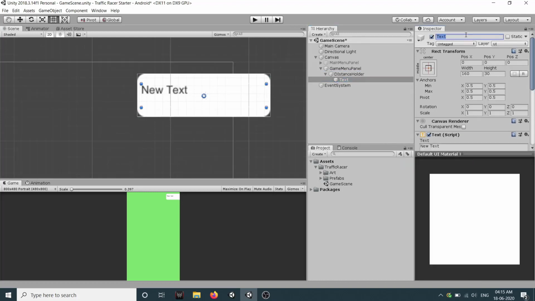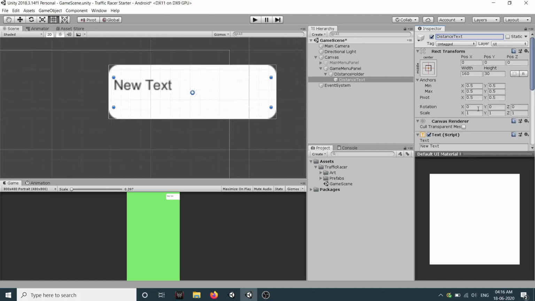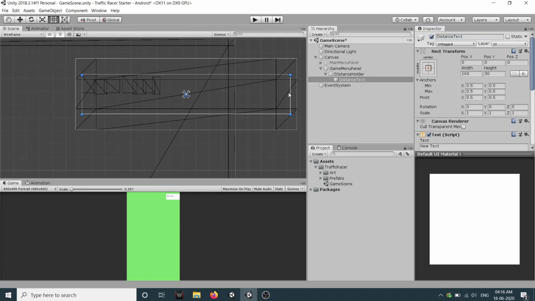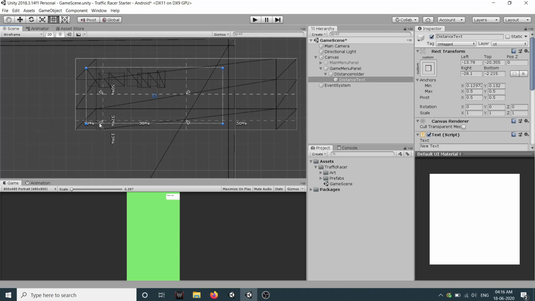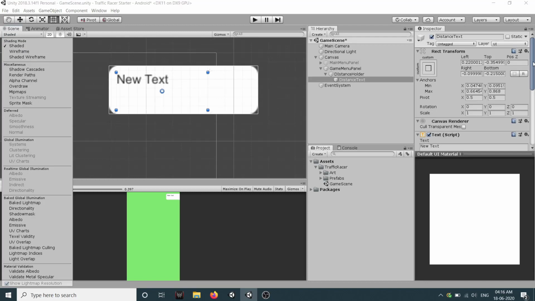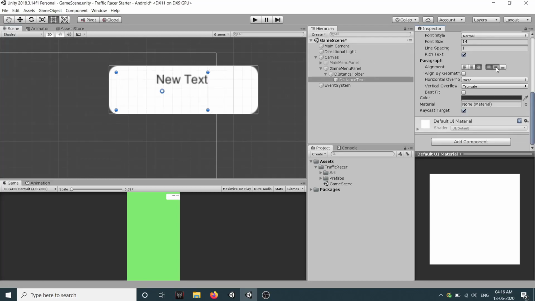So this text will be our distance text. Let's go to our wireframe mode, and let's align it like this.